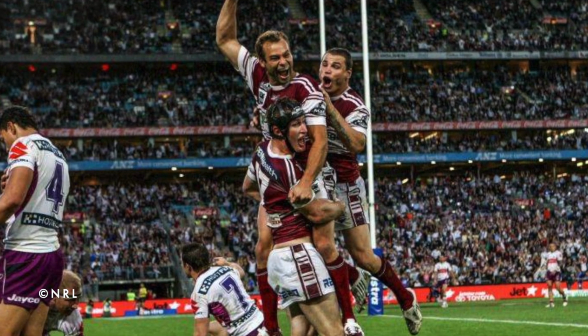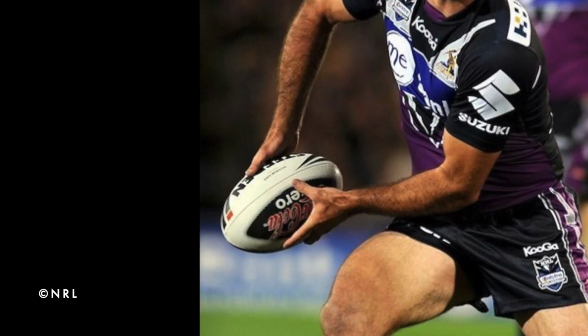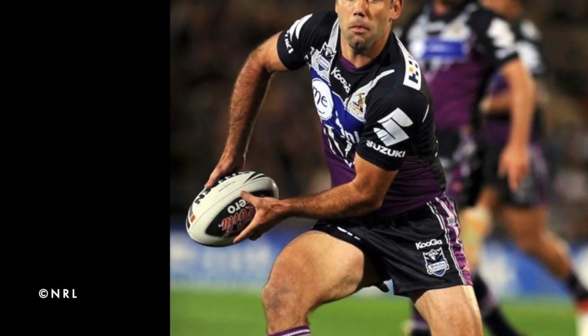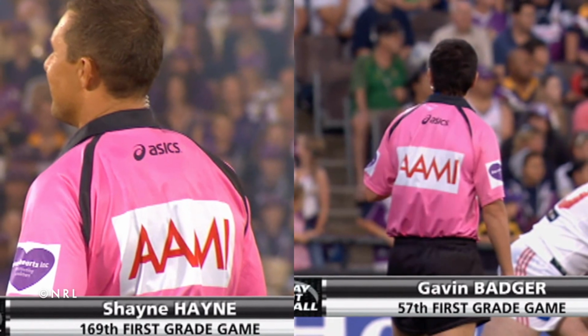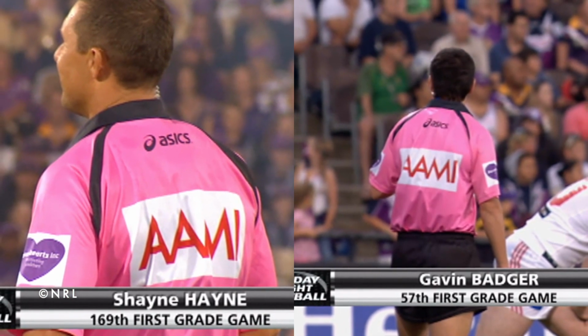Number 7, the Storm versus the Dragons in 2009. After losing the previous year's grand final to a record deficit of 40-0, the Storm were looking to start 2009 on the front foot as they come up against a very strong Dragons side, coached by Wayne Bennett for the first time. It was also the first game to have 2 on-field referees, as this was the very first game